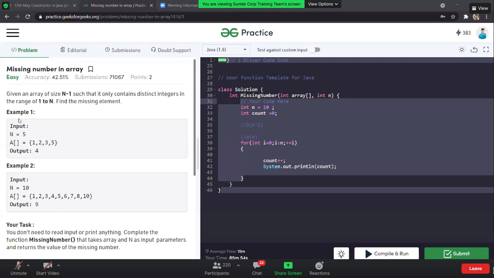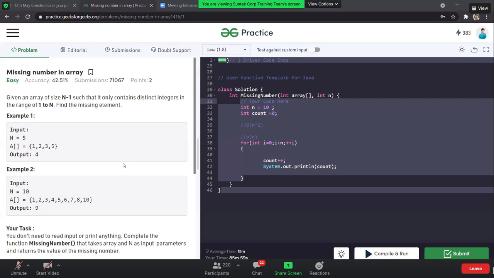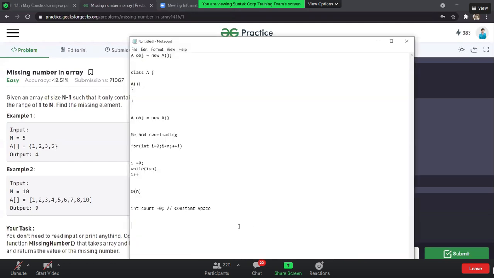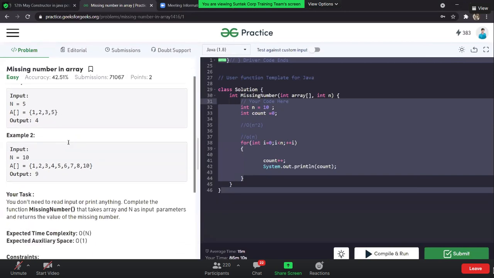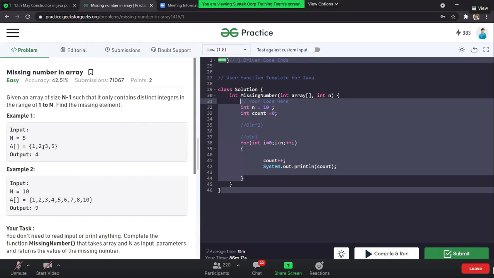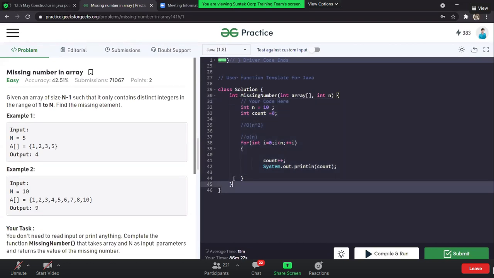Okay. So, now, guys, do you have any solution to it? The very first solution I heard from you is that we can check whether the difference between those numbers is equal to one or not. But here the numbers are not always in sorted order. It may or may not be in sorted order. So that approach fails when you don't have the numbers in sorted order. Is that clear, guys?